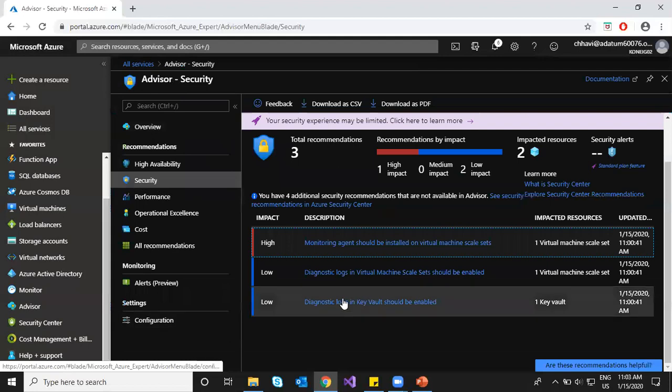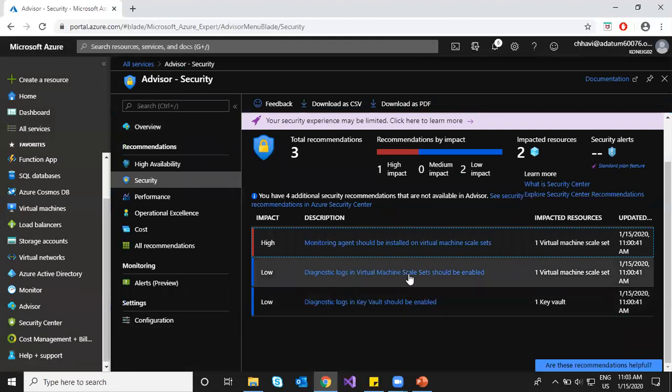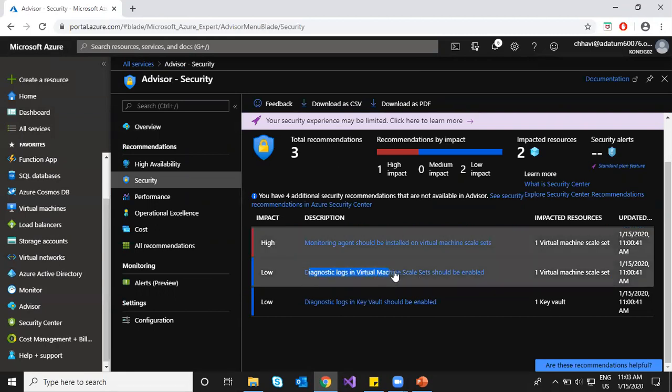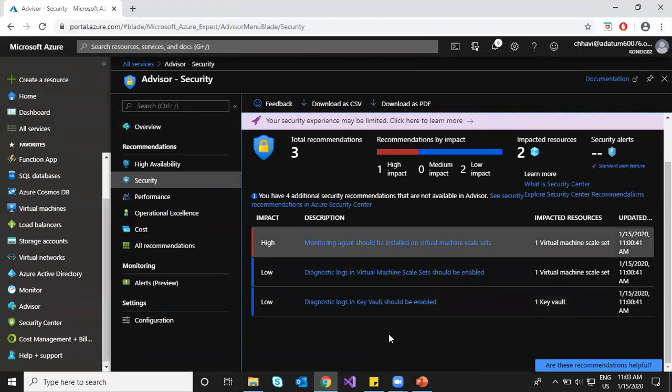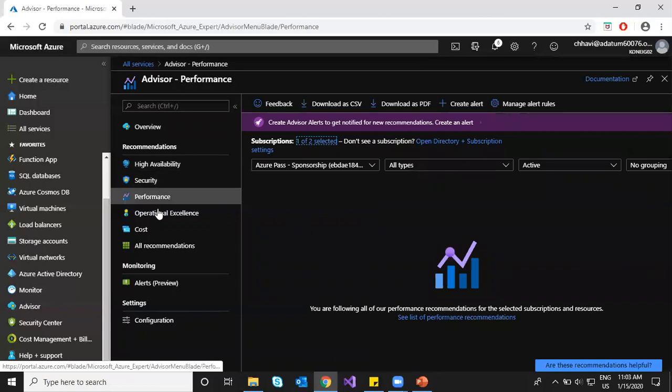Let's come back here. Diagnostic logs. Remember, just like I created diagnostic logs in the monitor for keeping all the activity logs in a storage account. It is saying you can enable it on virtual machine scale set, or I should enable diagnostic logs in Key Vault also. Yesterday we created a Key Vault and encrypted our storage account. Performance, right? So these are the 5 areas where they give us the recommendations, and if you're following everything, so they will say